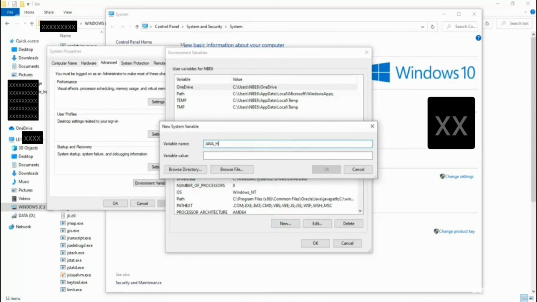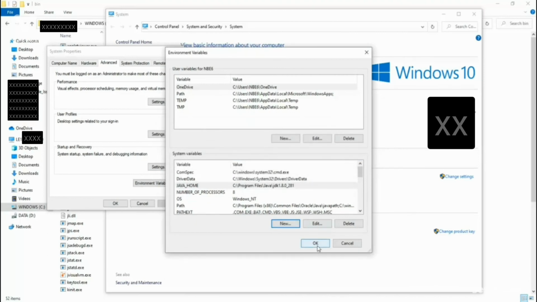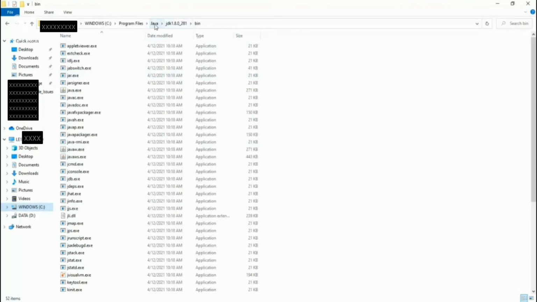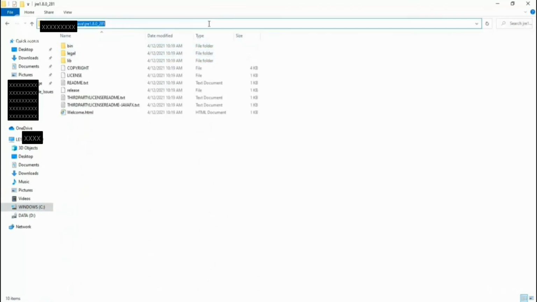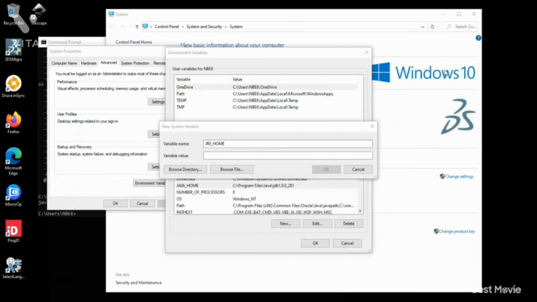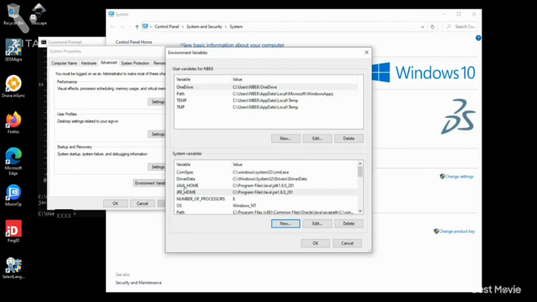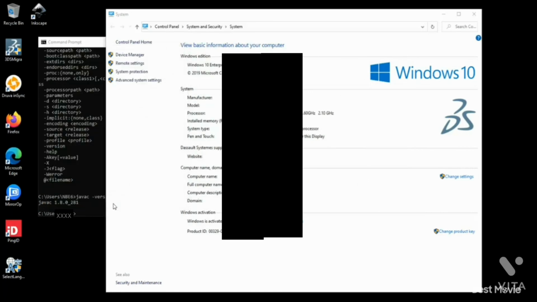Okay, there is no JAVA_HOME or JRE_HOME set, so we will add a new system variable here as JAVA_HOME and provide the path till the root folder, not up to the bin folder. So this is our path for JRE, and so this is done, JRE and JAVA_HOME.